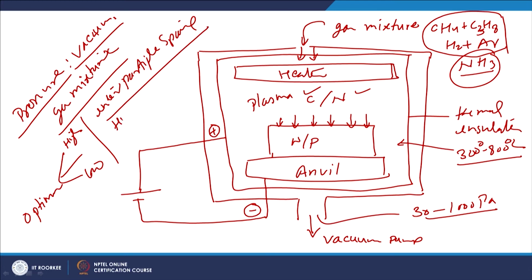So when the pressure is high, it will be leading to a close gap between these gaseous particles, which in turn will be leading to an increase of electrical conductivity. So when the pressure is high, electrical conductivity will be high due to the closer interparticle spacing, and higher electrical conductivity will have an increased tendency for arcing between the workpiece, that is between anode and cathode. This is what we can simply say. And when the pressure is low, the interparticle spacing is wide, which will be leading to lower electrical conductivity, and low electrical conductivity will disrupt